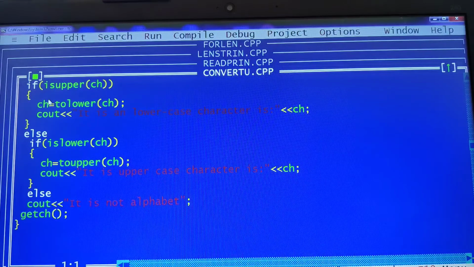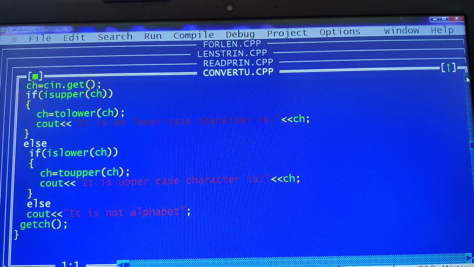Suppose you have not entered any alphabet, irrespective of lowercase or uppercase, and instead you have entered a number or some special character. In that case it will not satisfy the first if condition here. Because if the given character is an asterisk, it doesn't match here, then comes to the else if part, doesn't match here, then finally goes to the else part here. So this is an else if ladder here. What construct are we using? Looping construct. So else we are going to print that it's not an alphabet.